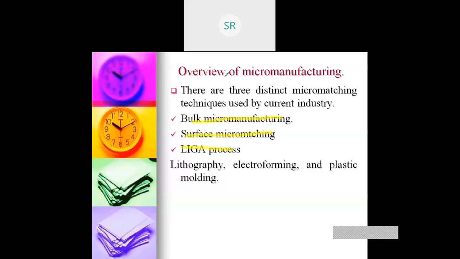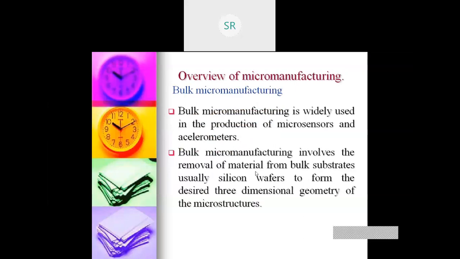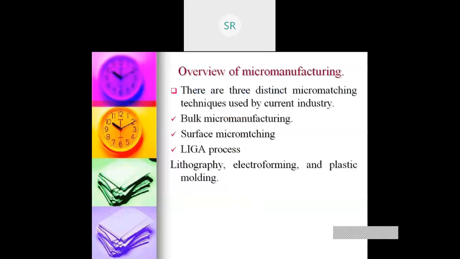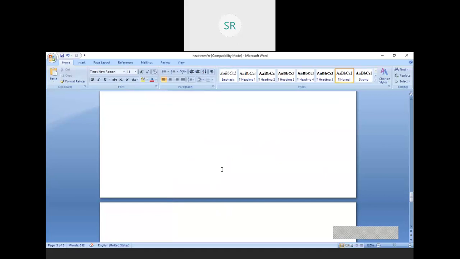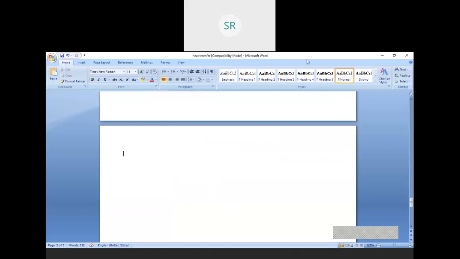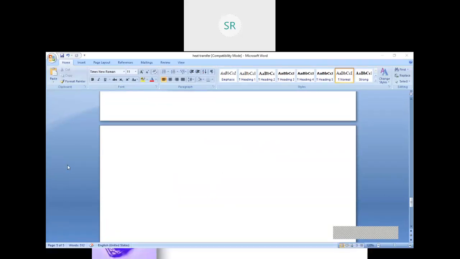Now this technology is similar to designing of a PCB, the printed circuit board. In the design of the printed circuit board, say for example, I want to design a PCB board.